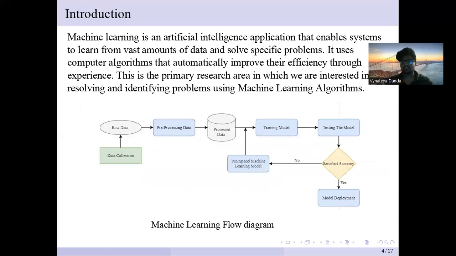So coming to the introduction of this topic, machine learning is an artificial intelligence application that enables systems to learn from vast amounts of data and solve specific problems. It uses computer algorithms that automatically improve their efficiency through experience. This is the primary research area in which we are interested in resolving and identifying problems using the different machine learning algorithms. So here, if you can see the flow diagram, this is the basic flow of a machine learning